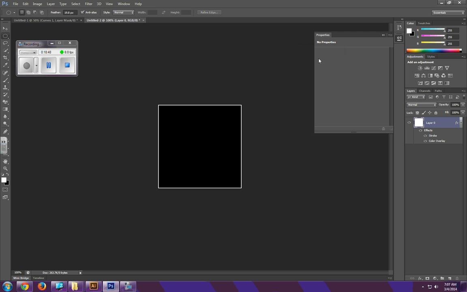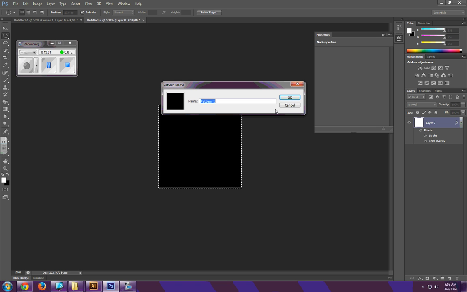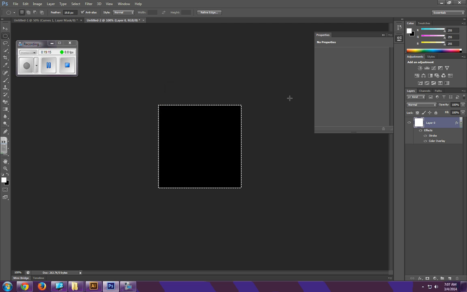After that, you want to do a Control A. Control A is going to select everything, and then you are going to go to Edit, Define Pattern, and we want to define this pattern as box. Just call it that. And we're going to go ahead and click OK. Now what you've done is you have defined a pattern. So what we can do is go back to our document,